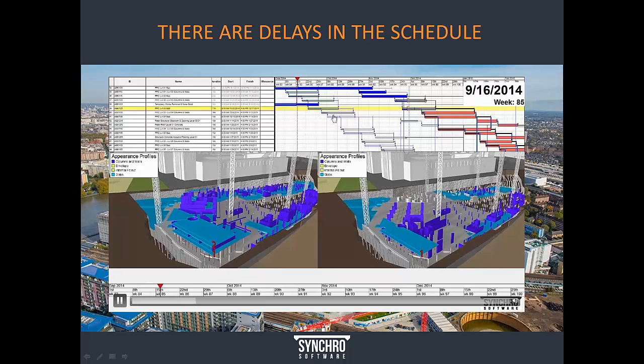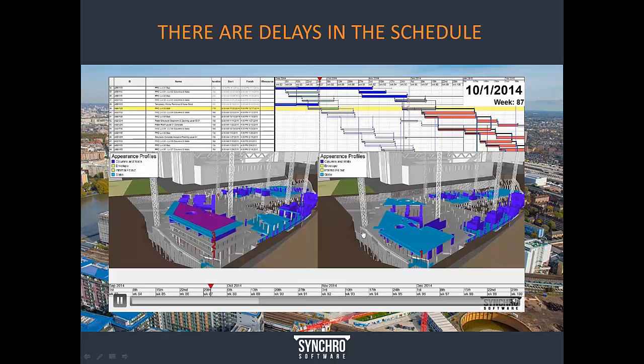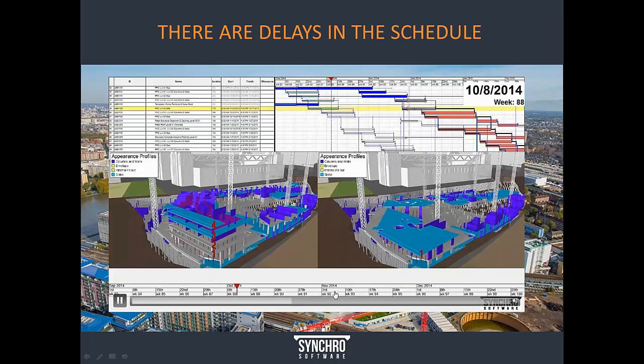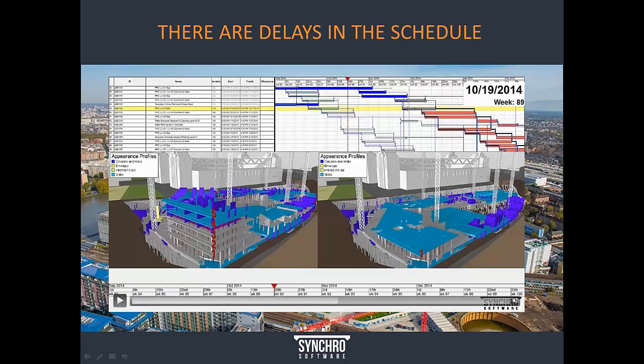And it can be seen in the Gantt view, and it can be seen in the 3D window view, and it can be seen on the calendar. So if I'm in a meeting and I just stop and I want to know, for instance, where are we at on October 20th, here's where we're supposed to be at, here's where the current plan is, what are we going to do moving forward?